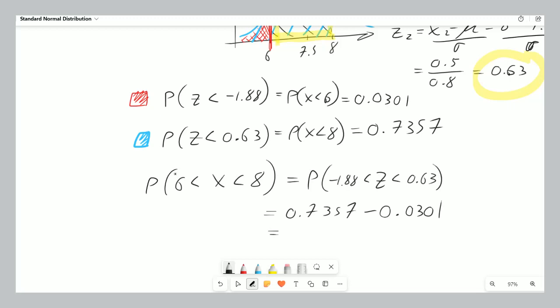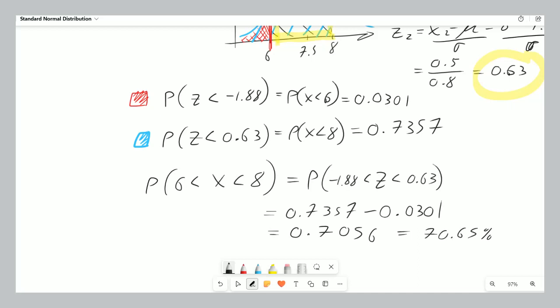And what that gives us is 0.7056, or in percent form,